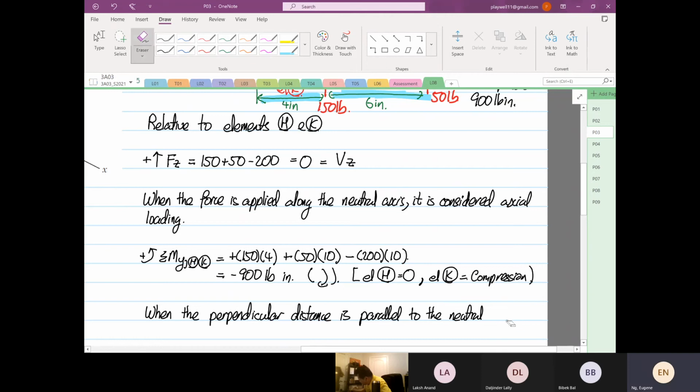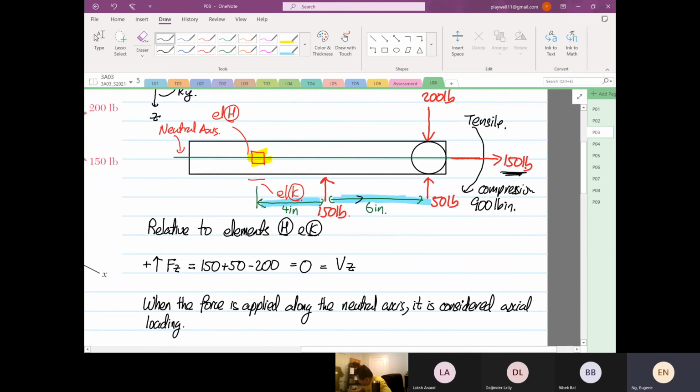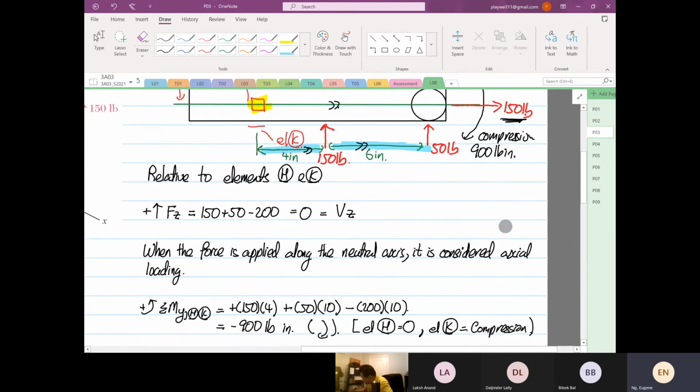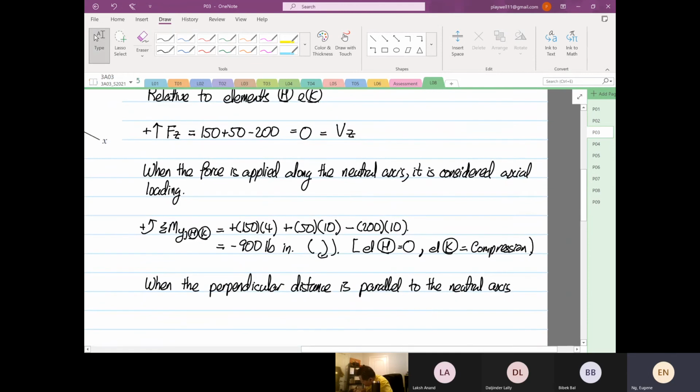To the neutral axis. So when I mean parallel, this is what I mean parallel, right? So all these are parallel to the neutral axis. Okay. Then